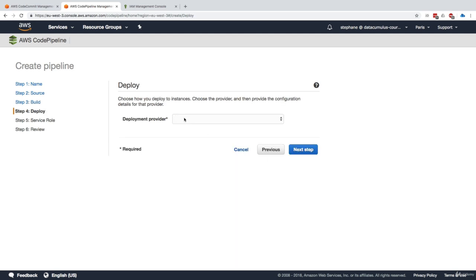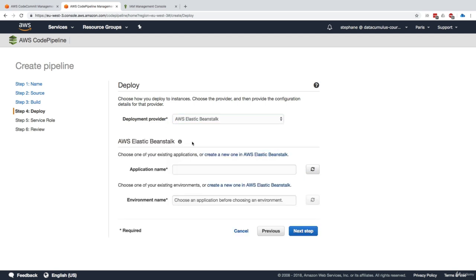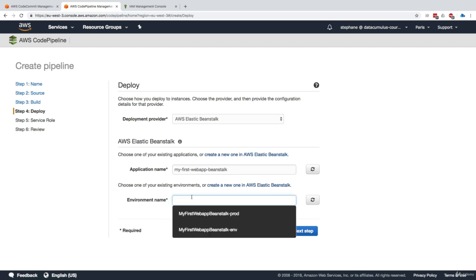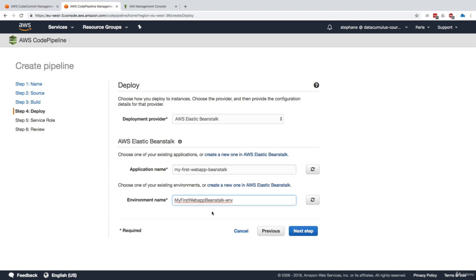And then deployment provider. Here we can choose how we do deployment. We actually want to deploy. It turns out that we've used Elastic Beanstalk in the past, so that's what we choose. But we can see that you have Amazon ECS, CloudFormation, CodeDeploy, or Beanstalk. So you have lots of different options with CodePipeline actually. I will choose Beanstalk, and now we have to deploy to an existing application. Turns out that we have my first web app Beanstalk here, and I'm sorry, my naming conventions are horrible, but at least they work. And then the environment name, well, so far we don't want to deploy to prod, we want to deploy to the first environment we've created. So we'll just deploy to this one, and everything looks good.